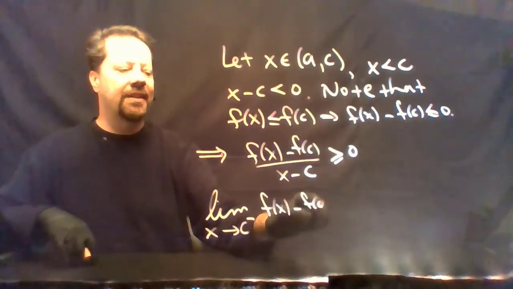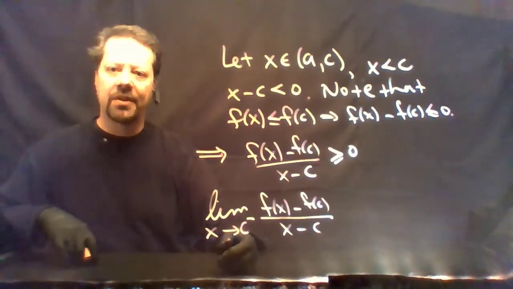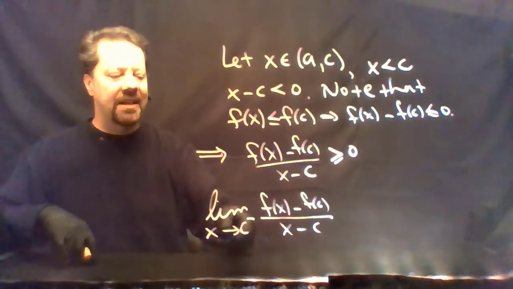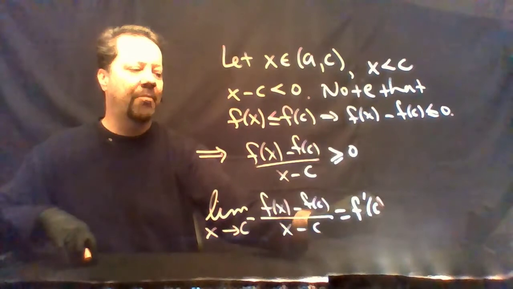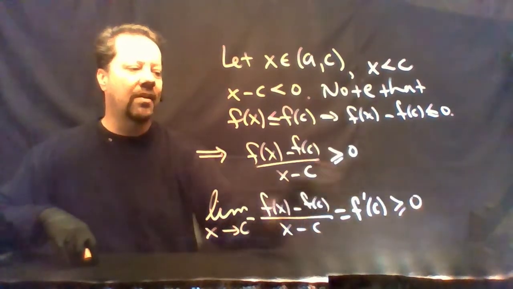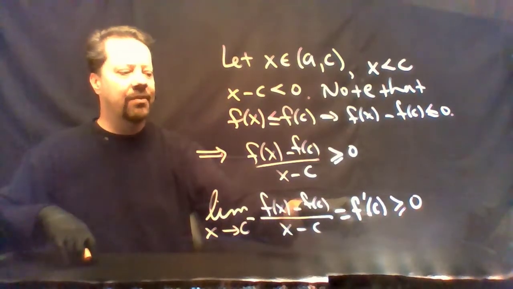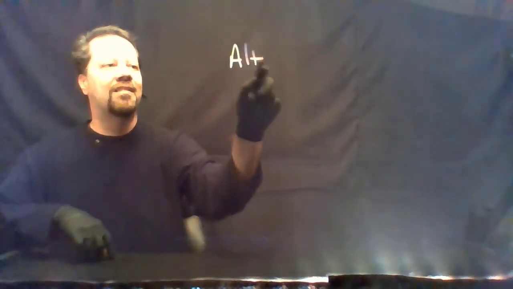We know that this limit exists because we assume that the function is differentiable at x equals c. That means that this limit must be f prime of c, and since all of the quotients were bigger than or equal to 0, we deduce that whatever the derivative is at c, it's bigger than or equal to 0. Alternatively,